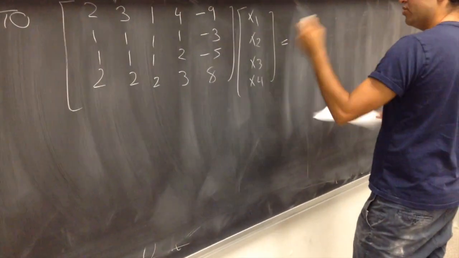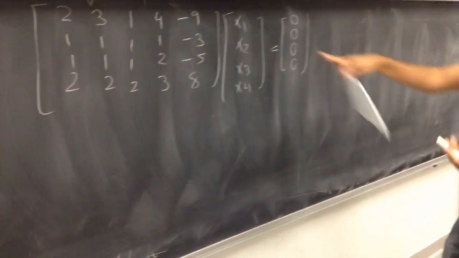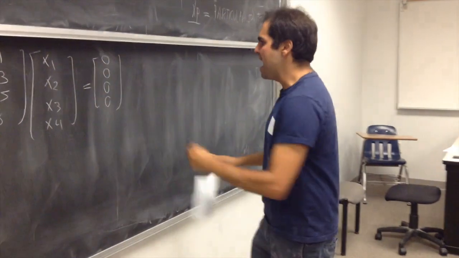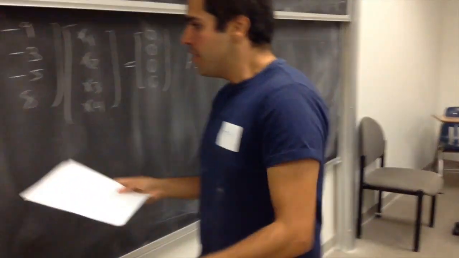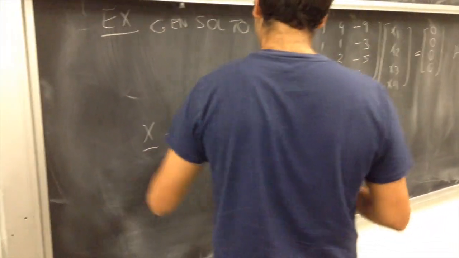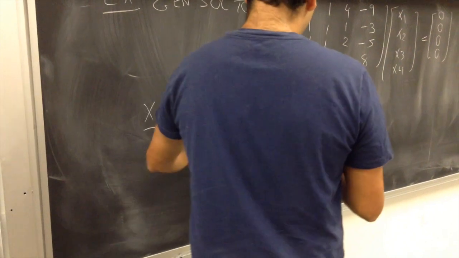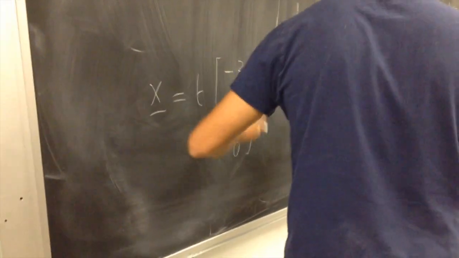Times x1, x2, x3, x4, x5 equals 0, 0, 0. Let's say you solve this, again, that's AX equals 0. Then, if you find the general solution, it turns out the solution is just a real number times the vector minus 2, 1, 1, 0, 0